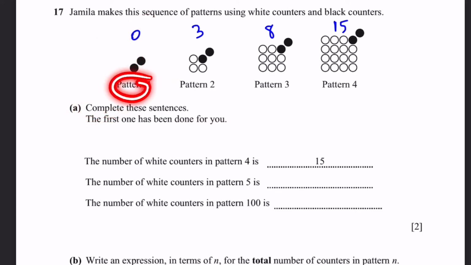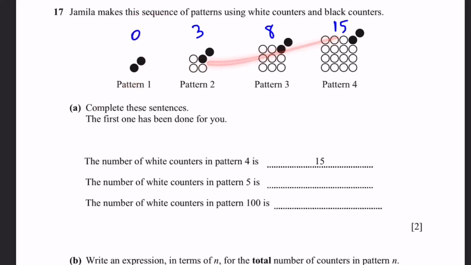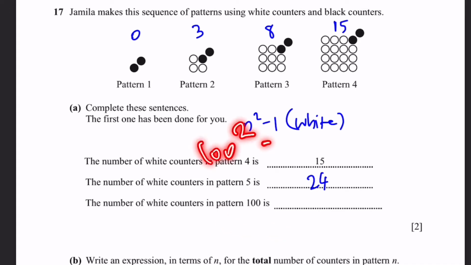So let's say pattern 1, n is equal to 1. So 1 squared minus 1 is 0, which is what we need. And the same thing for the others. So the number of white counters in pattern 5, using n squared minus 1 for the white counters, that'll be 5 squared minus 1, which is 24. Now the number of white counters in pattern 100, that's just 100 squared minus 1, which is 4 nines,